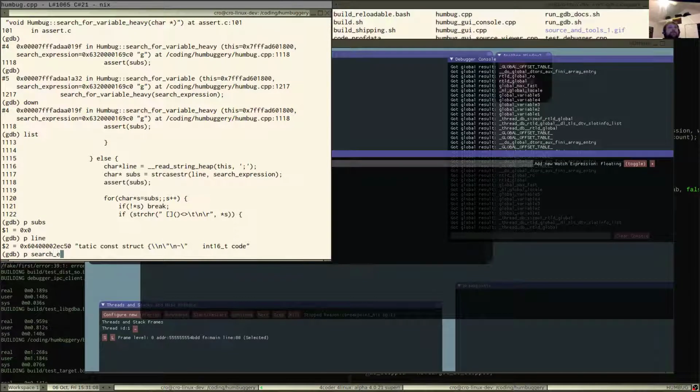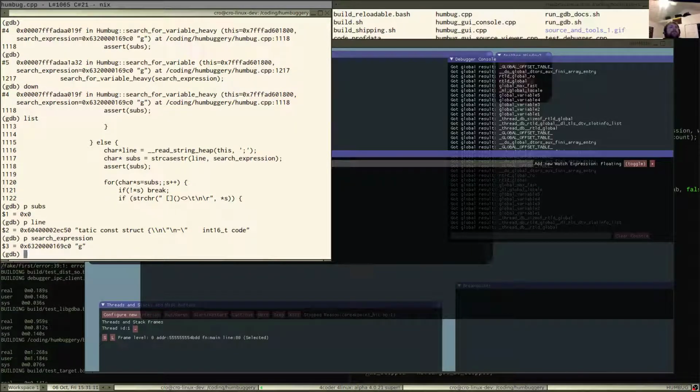P search expression. Right. I don't understand why.